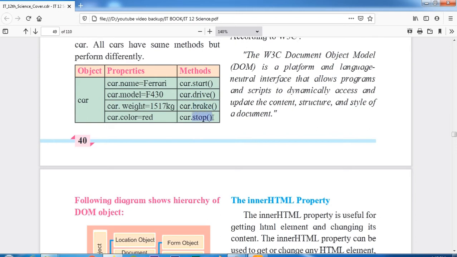Car.stop, to stop the car, whatever functionalities are needed will be included in car.stop.